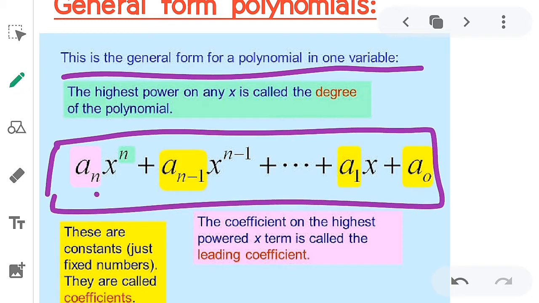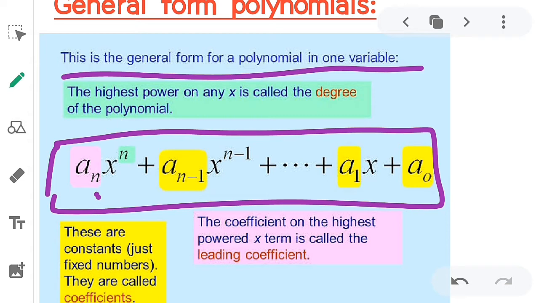an x power n plus an minus 1 x power n minus 1 plus and so on plus a1 x plus a naught. a naught indicates the constant. Okay. an minus 1, and so on up to a1, these are all nothing but coefficients of x. Here what is the variable? x, and these are the numbers multiplying with x, so we have to take these as coefficients.